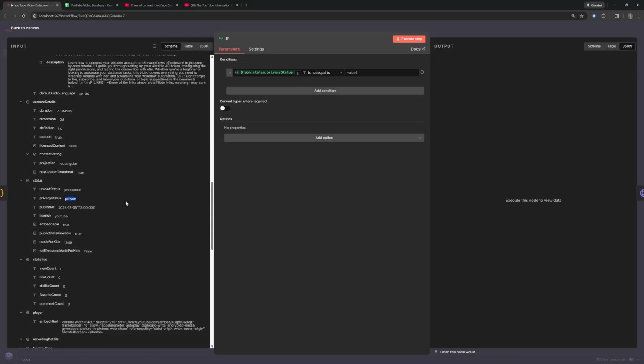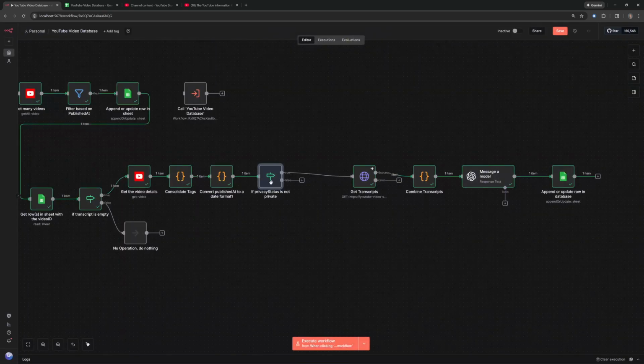It's going to be private whenever it's future dated. And I'm going to put in here, if privacy status is not private. Okay, so if that's true, if it is not private, it will continue on the API route and do its thing. If it's not true, what I want to do is still update the Google Sheets with the information that